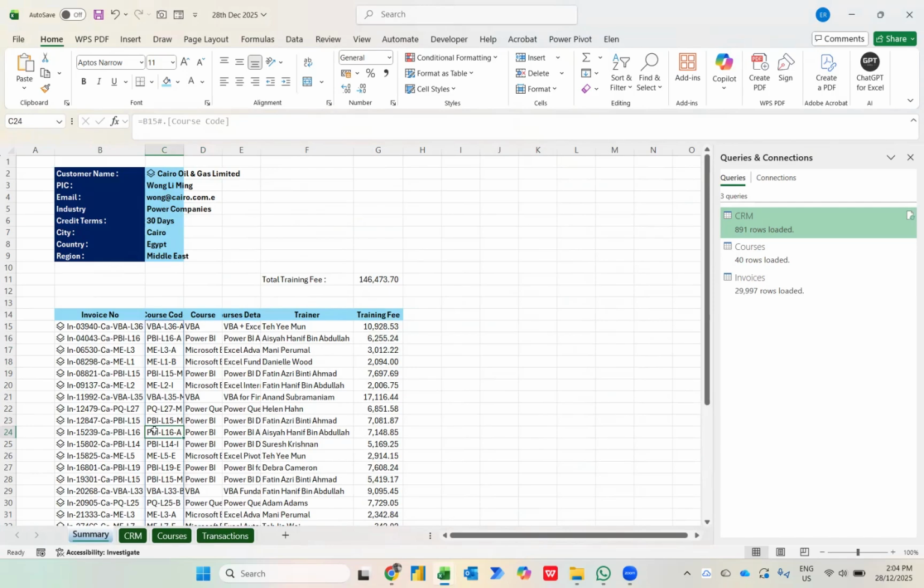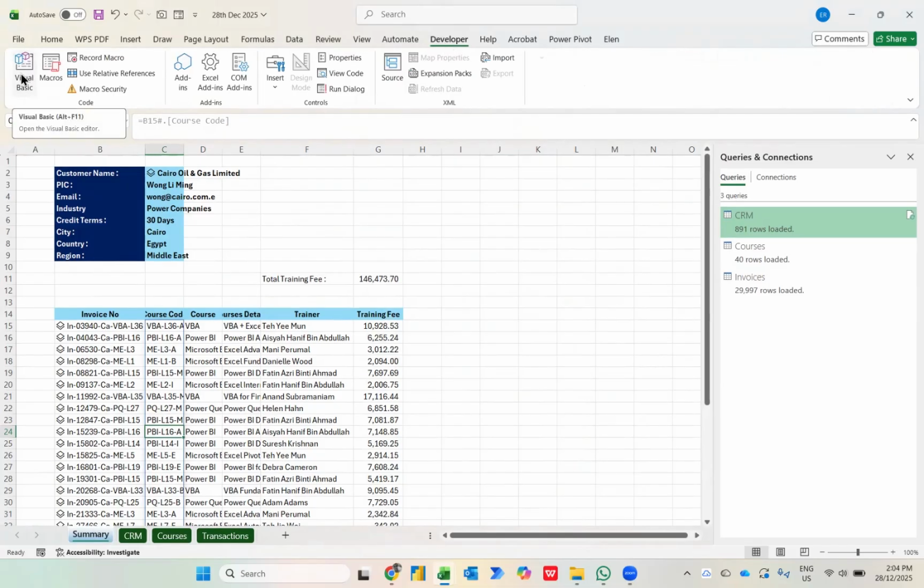What I want to do is write a VBA code to auto fit the columns, because I don't want to auto fit every time. So what I did, if you remember just now, is I renamed this from Sheet2 to Summary. There is a reason why I renamed this particular worksheet. So I'll go to the Developer ribbon and go to Visual Basic,